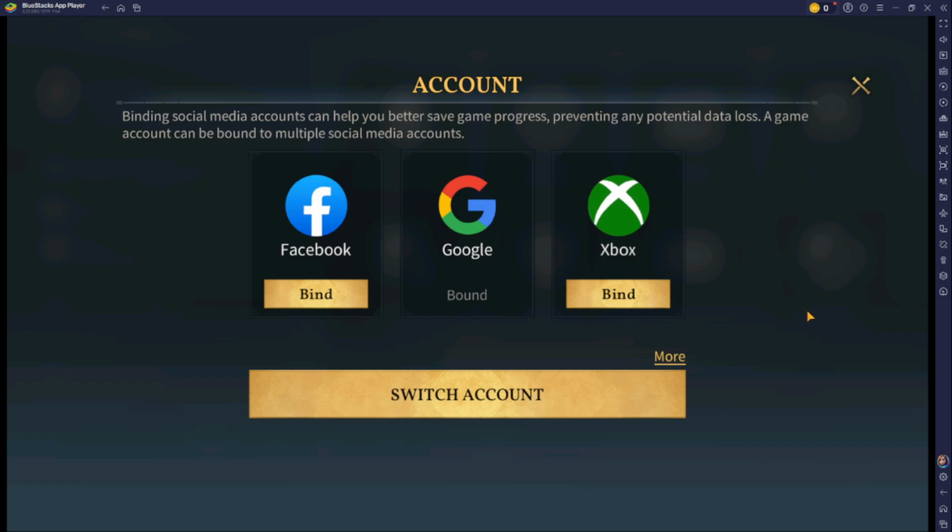Of course, if you have a different device and you want to do this on Xbox or Facebook, then go right ahead. But if you want to tie your Bluestacks account so that you can then tie your iOS account to that same one, so that you can play them interchangeably on Bluestacks on your PC and iOS on your iPad or your iPhone, then you need to choose the Google option to bind